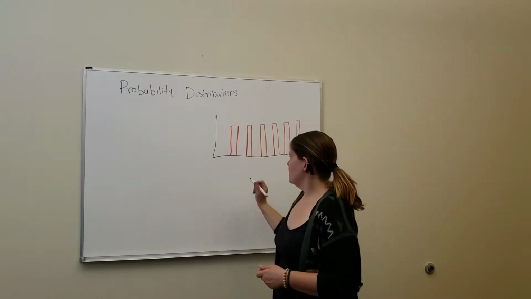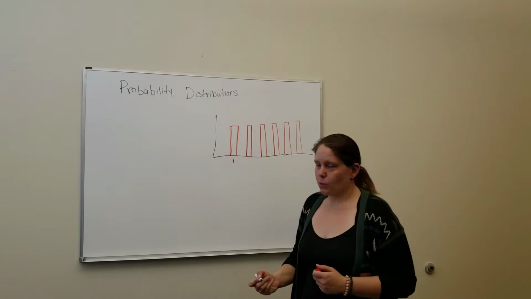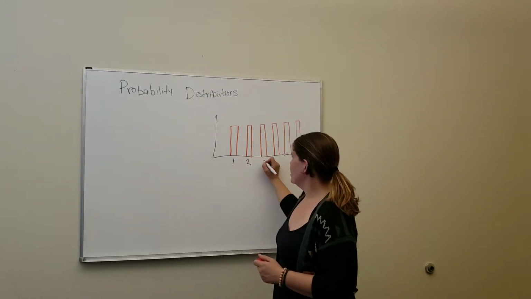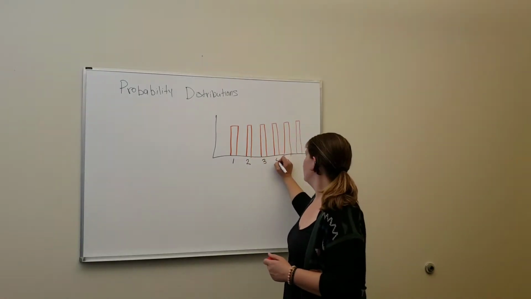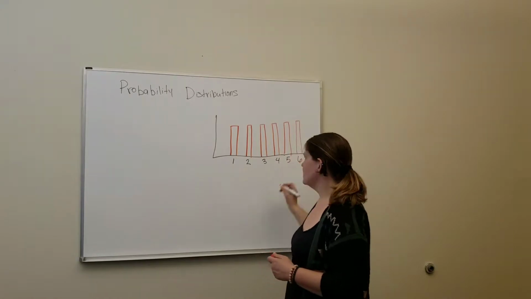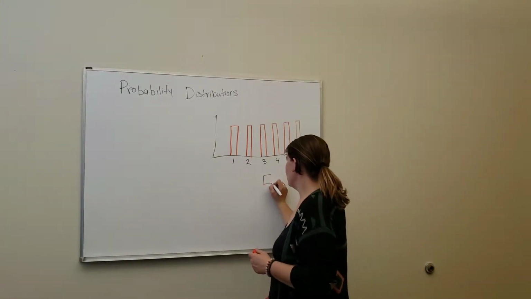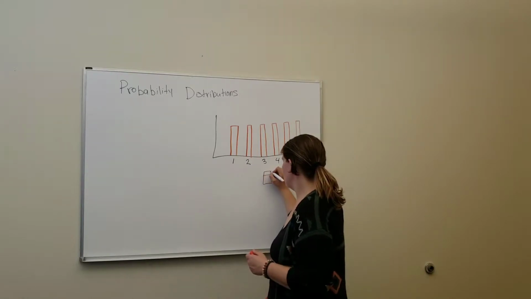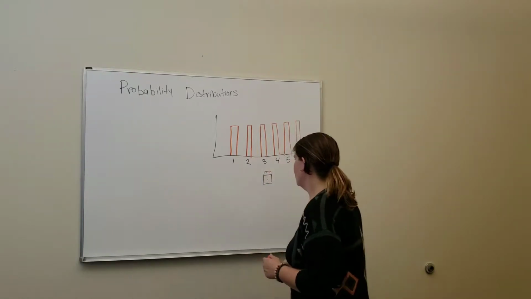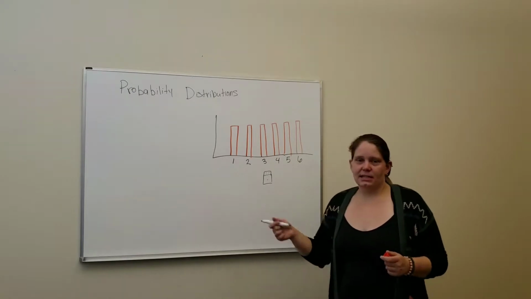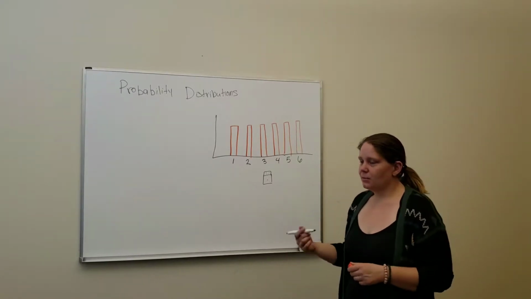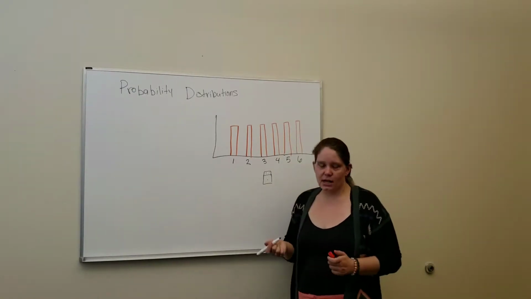So what does that mean? That means this is the probability of rolling a 1, probability of rolling a 2, 3, 4, 5, 6, and so on. They all have an equal probability because with a dice, there's 6 sides. It's not weighted, so there isn't going to be an unfair advantage for rolling a 1 versus others,